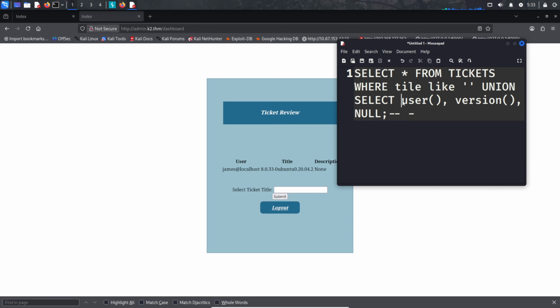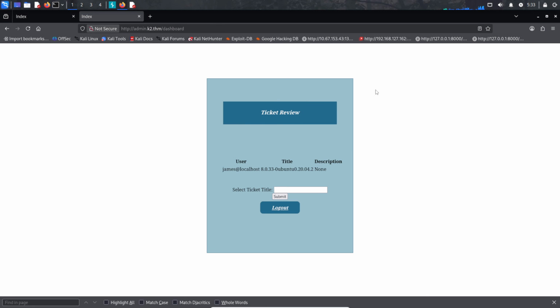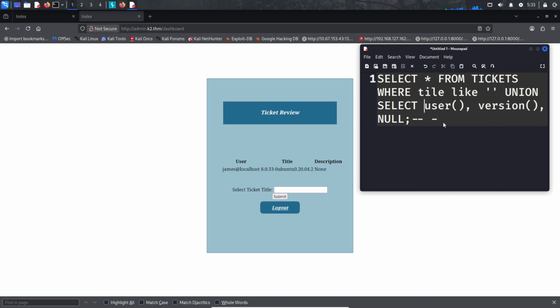Now we want to look for the username and passwords we can dump from this database. We know for a fact there's usernames and passwords on this database because the ticket system made us log in and the administrator system made us log in. So those passwords are being stored somewhere. Sure, definitely not plain text, or they're definitely not appending it to a file or something like that. They'd just be using a database. However, how do we get that information from the database if we don't know what the database is called? So we want to go select username and password from the table administrator. However, we don't know where to take the username and password from. This is where